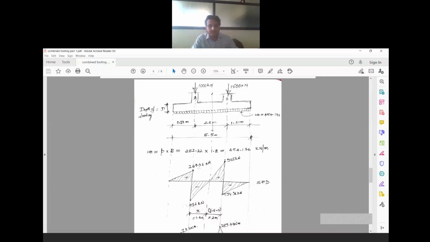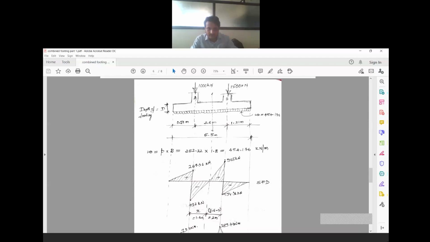See here. At the beginning, that is 0 point. It is 0. Now, this intensity 454.176 is acting from this portion to column A, for a distance of 0.59 meter. So for 0.59 meter, I will just multiply 454.176 into 0.59 meter. I will get it as 267.96. If you have a calculator, you can try.